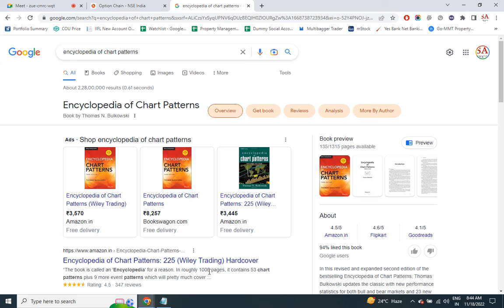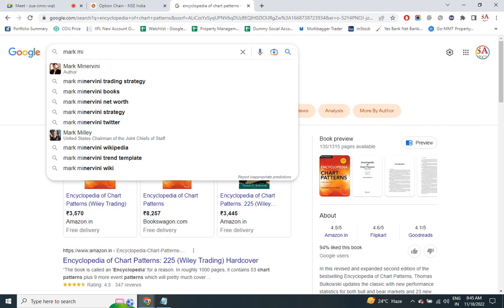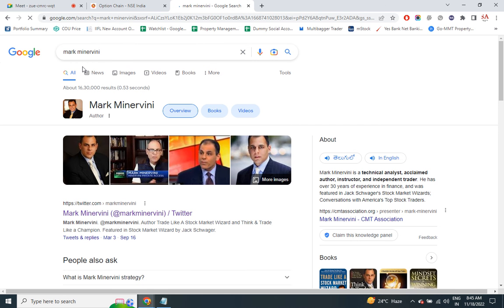So one such trader that I follow, where learning is easy and the success ratio is high, is Mark Minervini, VCP patterns. He is the guy. He has got 2 books. In case you are interested in reading the books, I would be sharing them with you. These are all the 4 books he has got, but these 2 books are very, very important. Whatever the knowledge of technical analysis that I am going to share with you in the coming days is the outcome of these 2 books.